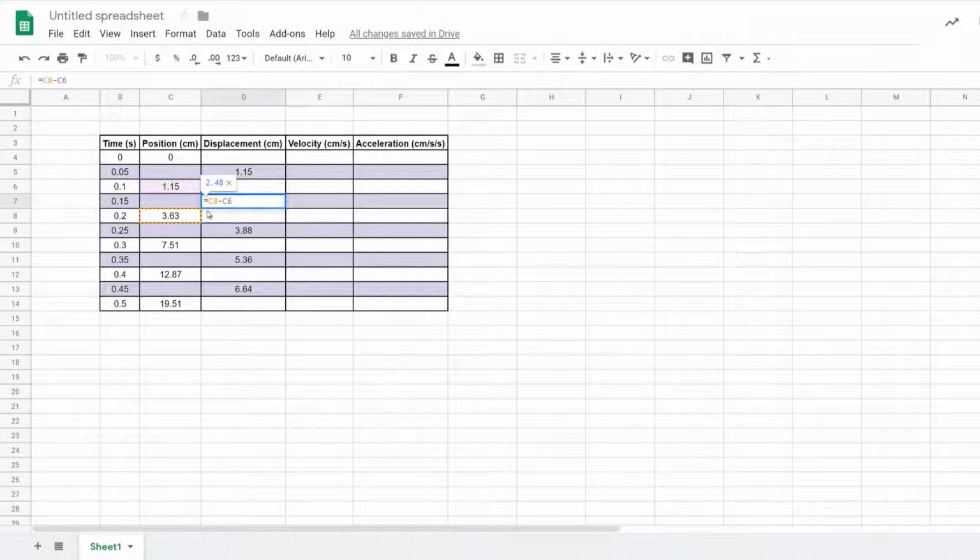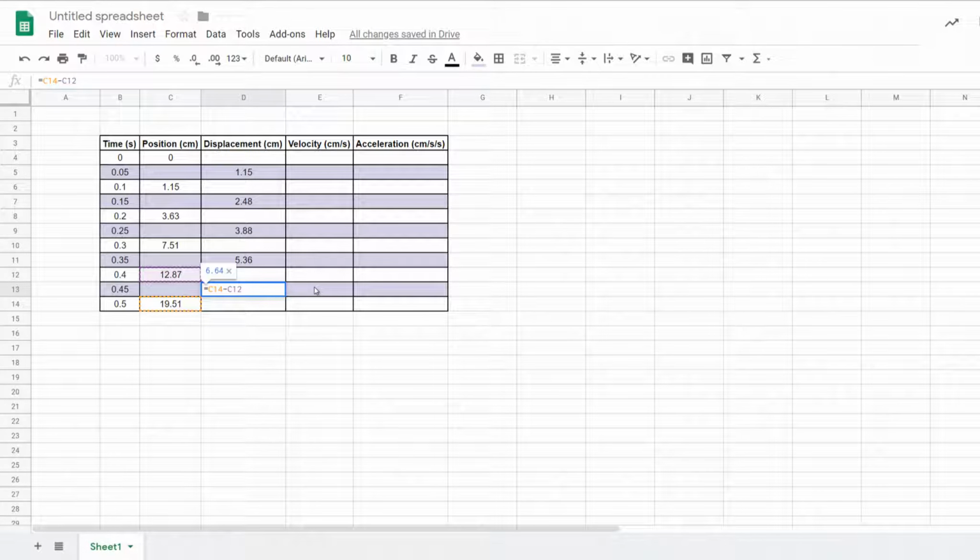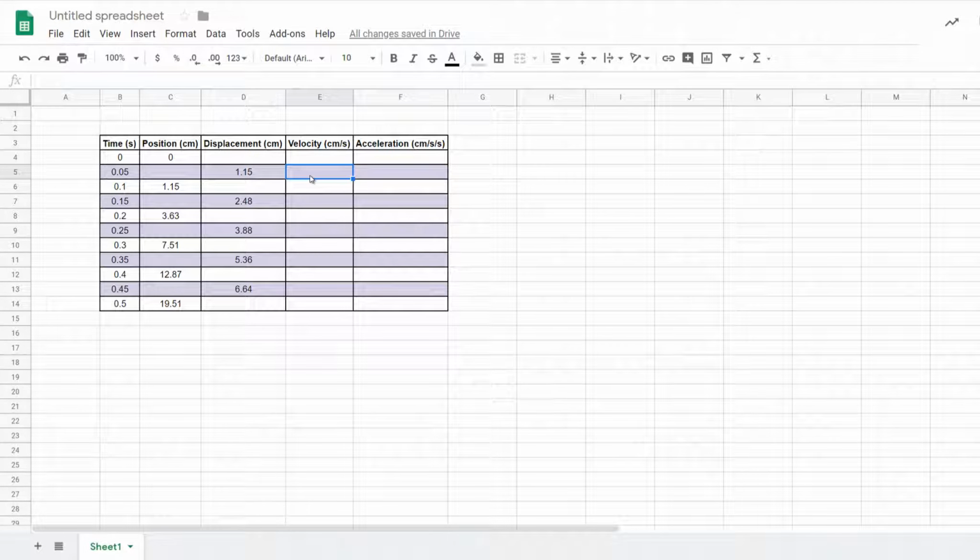So if I double click this, you can see that it's this and this. This is a subtraction of this and this, and this is the subtraction of the initial position from the final position here. Okay, so after checking and making sure that all the formulas are nicely placed, I'm going to start calculating the